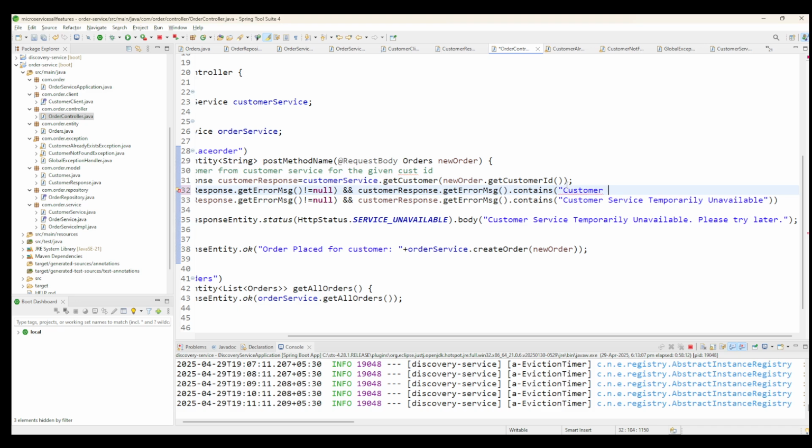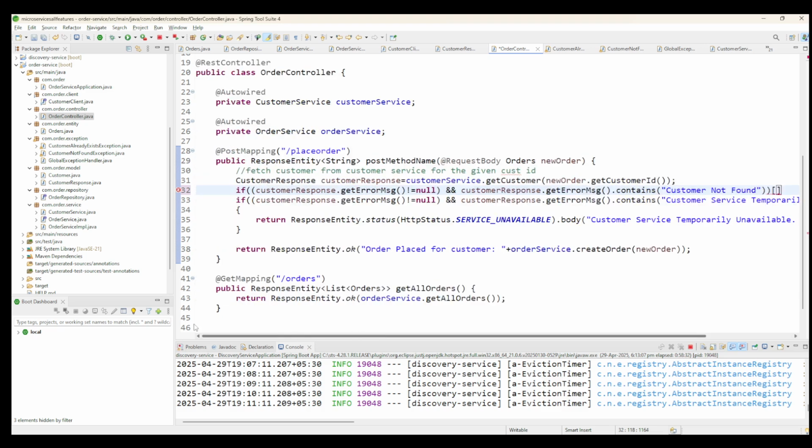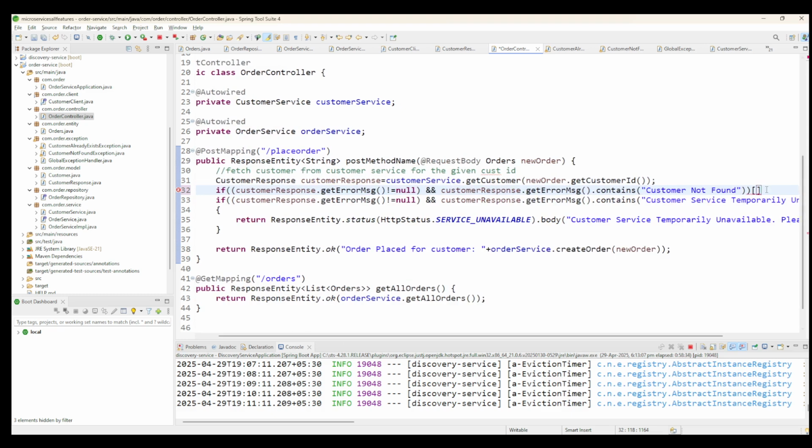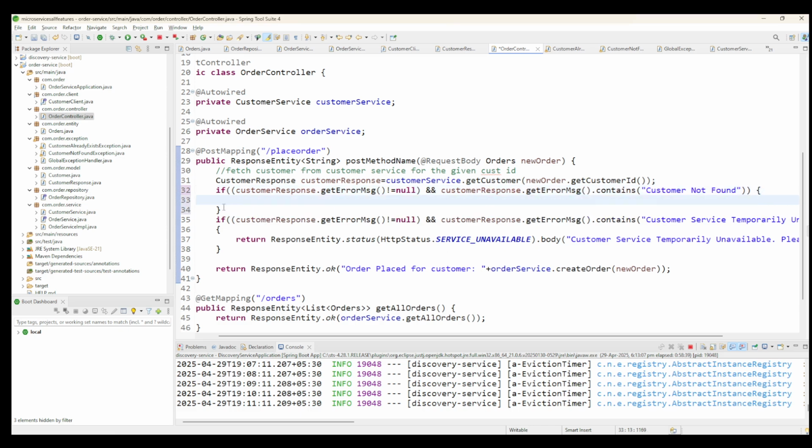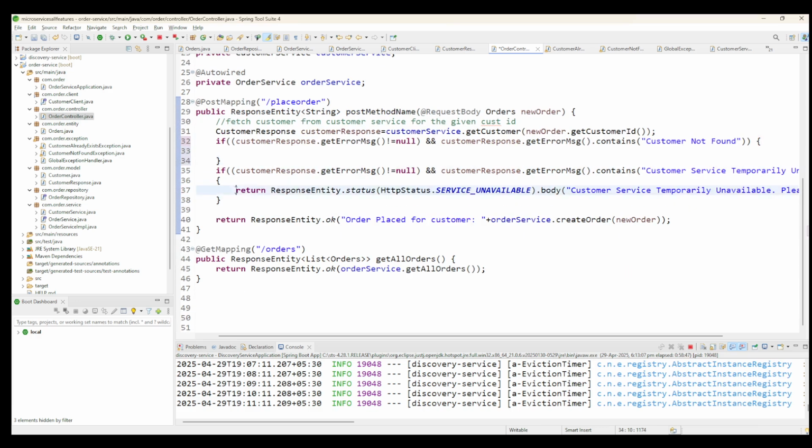And here we can say customer not found. If it includes a message like this, in that case it should be in bracket. Seems good. Now let me copy this part